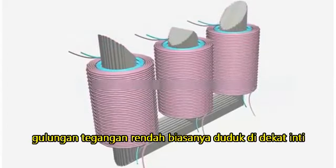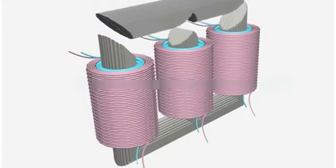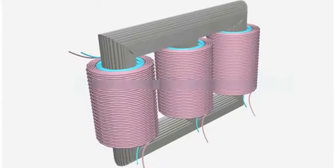The low voltage windings usually sit near the core. Various